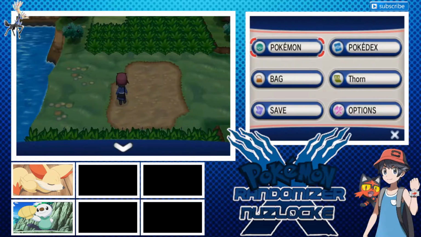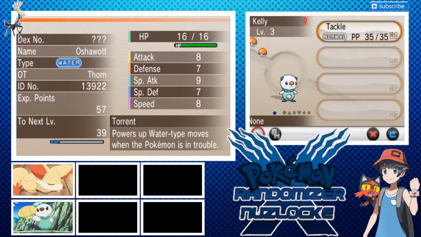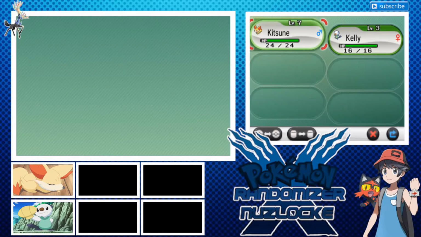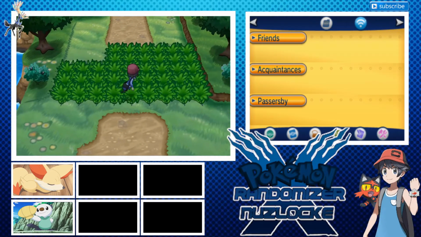Alright, so let's do a quick summary here of the team. We're gonna have Fennekin the Kitsune, or Kitsune the Fennekin, Neutral Nature, and also Neutral Nature Kelly the Oshawott. Very nice. Actually, I am gonna put Oshawott up front, because I know there are Rock and Roll on this route,